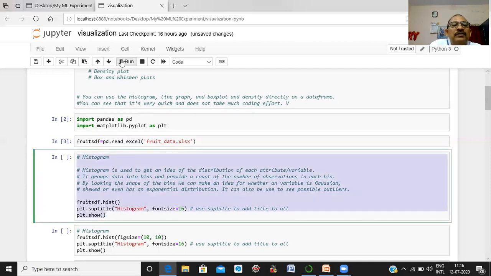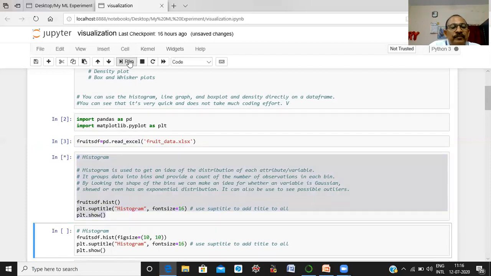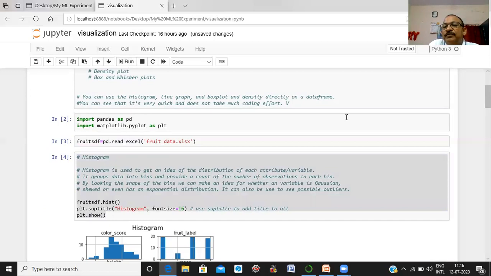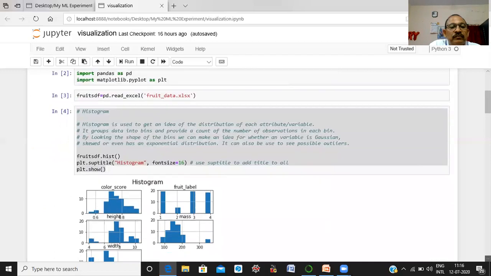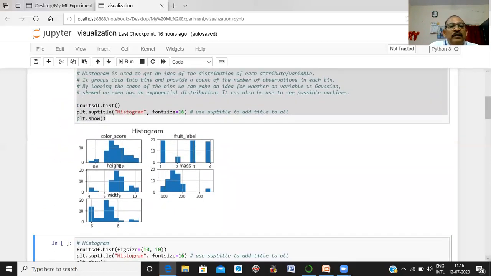Let us execute this. Here you can see it displays the histogram of each variable of our data set. What are the variables? Color score, fruit label, height, mass, and width.